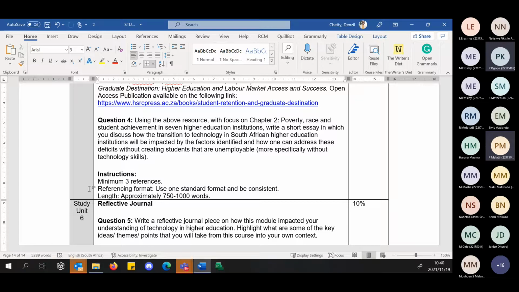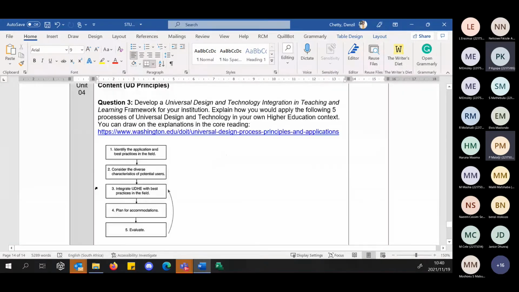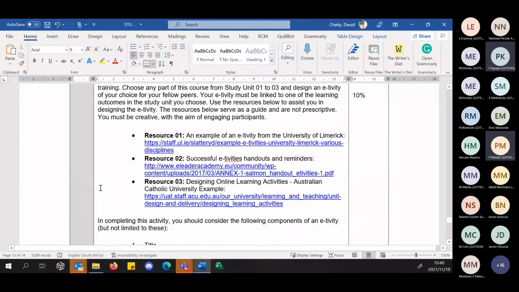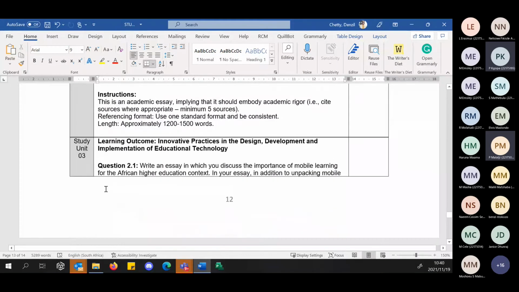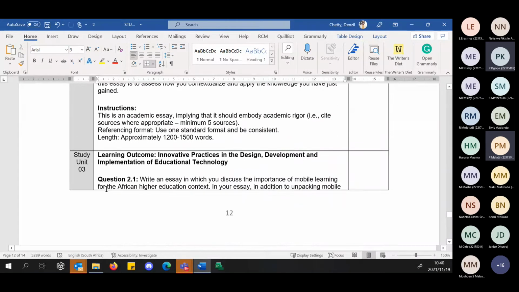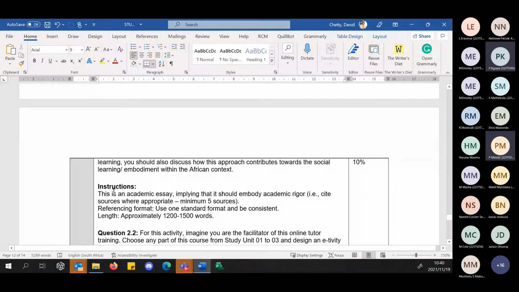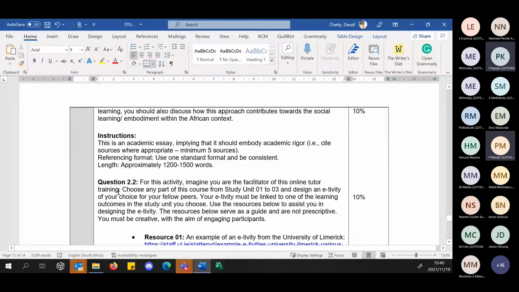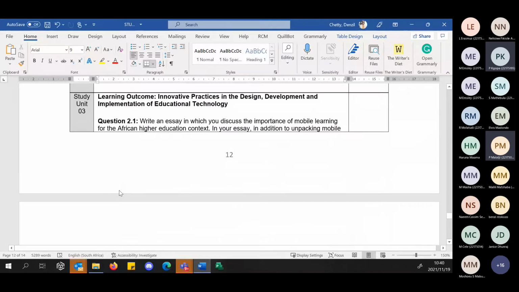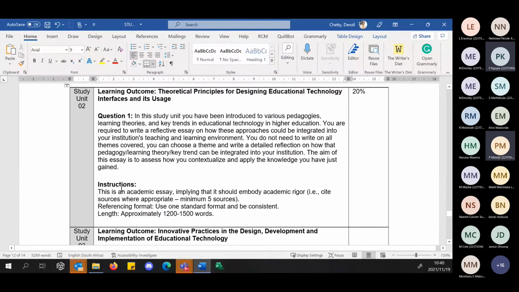It's Promise Malachi here. Oh, Promise, thanks, Prof. Yes. On the study unit 3 activities, if you can go back there. Got it. Yes, on the allocation, the percentage allocation for 2.1. Don't you think it's too little compared to, or rather comparing it with study unit 2? Because I think they are more likely equal in terms of the workload.